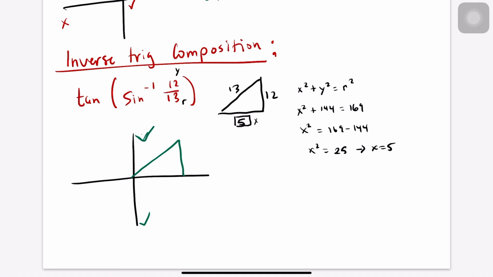Now, you might be like, well, how do we know or not know that x was negative? Well, when we did the math, we know that x was positive to begin with, and we weren't given something like, oh, by the way, cosine is negative, so we assume that it's positive. So then here we have 5, 12, 13, and then we'll go from there. So with that being said, right,